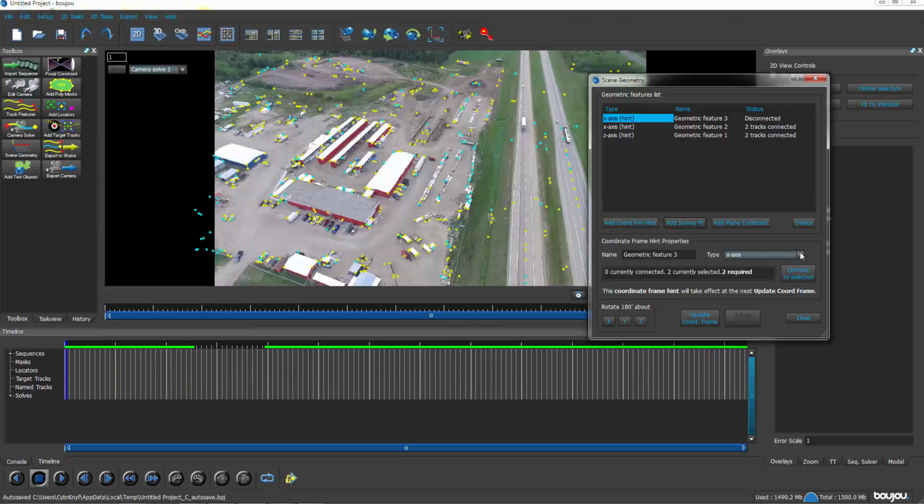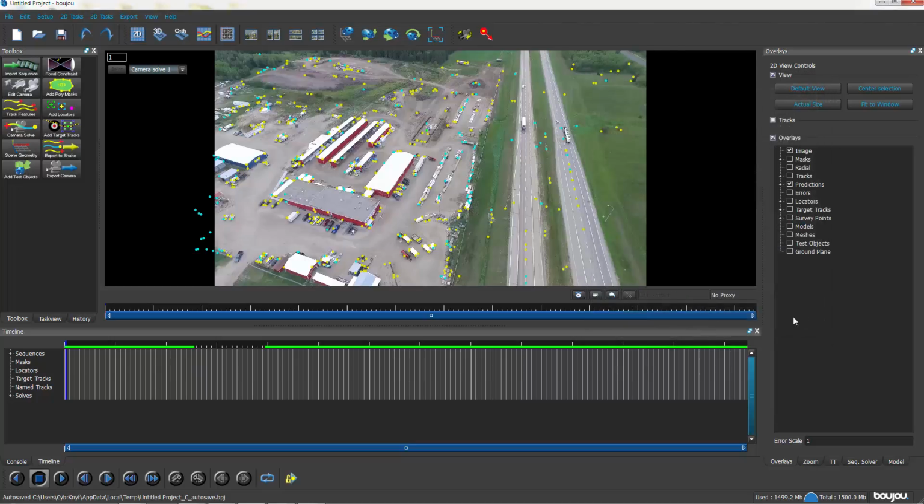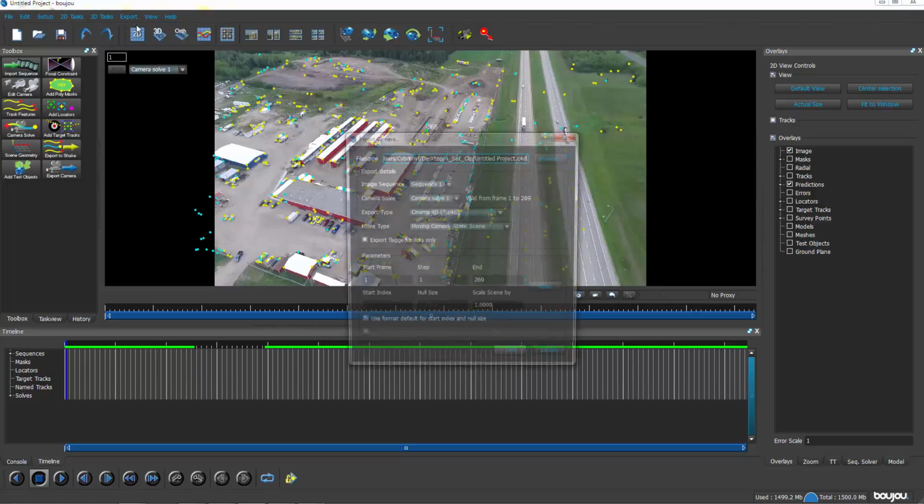Now all CG scenes have an origin, so we're going to make it right by the thing that we want to do. We'll stick it right there at the vehicle as the origin point for our scene. And we will choose connect to selected, and then a couple of times we'll click update coordinate frame because sometimes one just doesn't do it, and then we click close. Alrighty, now since this is tracked and the coordinates have been defined for the scene,